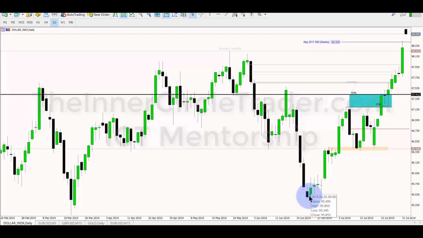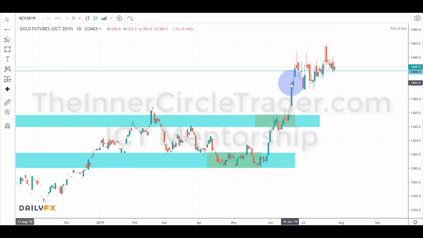June 25th creates the low. And then we start to trade back to the middle of the range. It starts rallying after we get this breakout here. But this low on the 25th of June, where are we at here? 25th of June is there. Okay, so